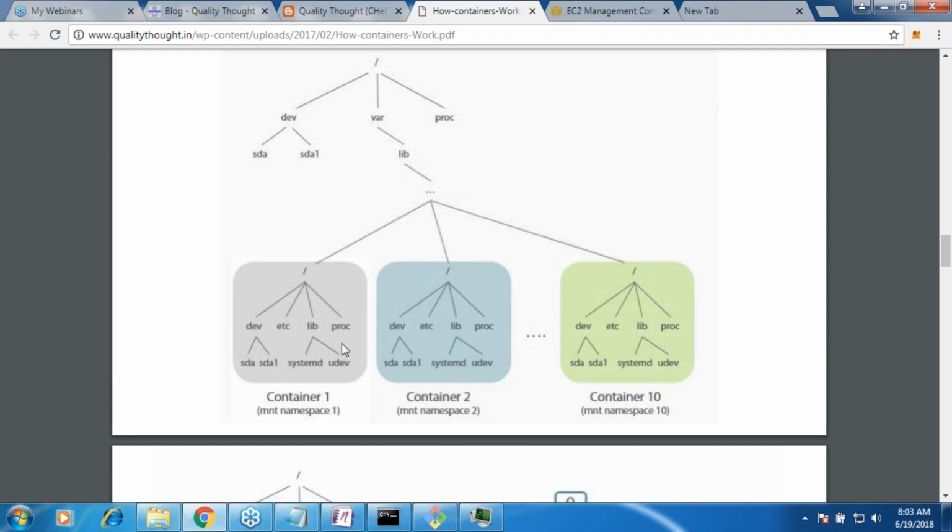Yes or no? For the application which is running within this user space, it is seeing the drive system which is from root. So it will see all the drives that are necessary for it. It will see that, okay, I'm running on a Linux machine. That's how your applications feel, right? For every container, the actual path might be something else. If you take the actual path from your system, it might be var, lib, docker, some folder underneath it. But for the application running within it, a local file system for a user space is created, which again starts from root.